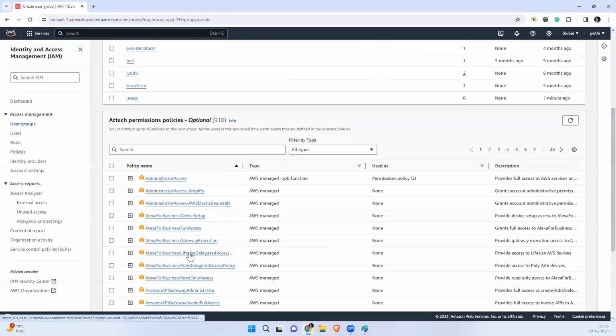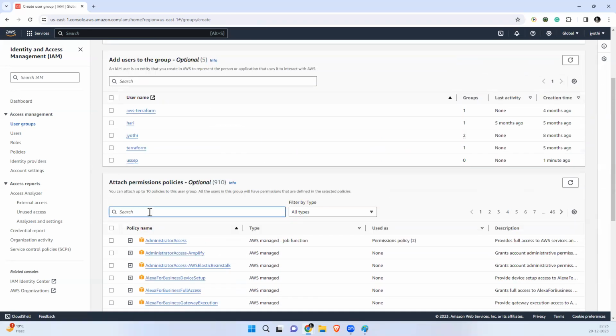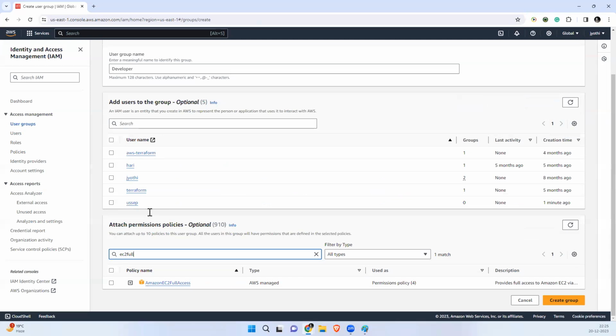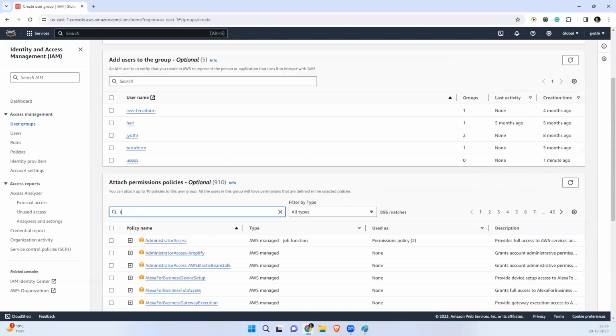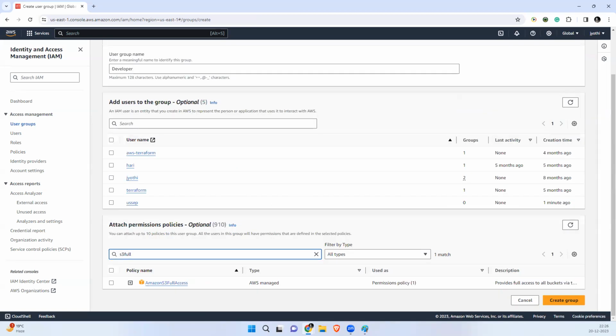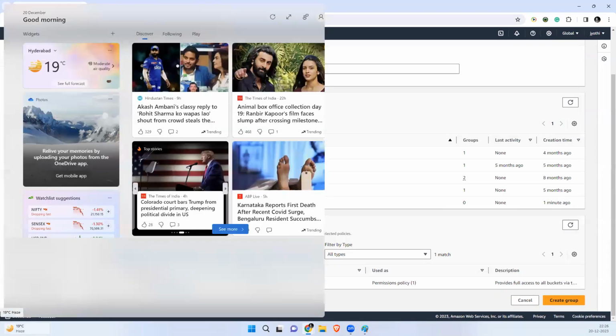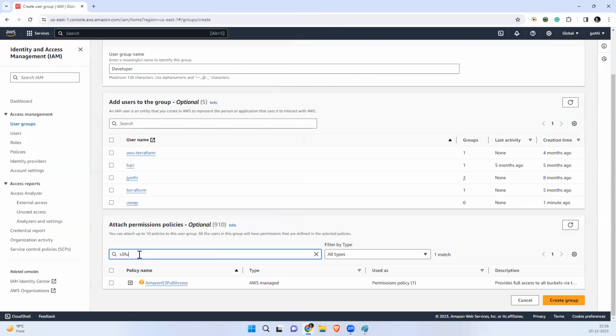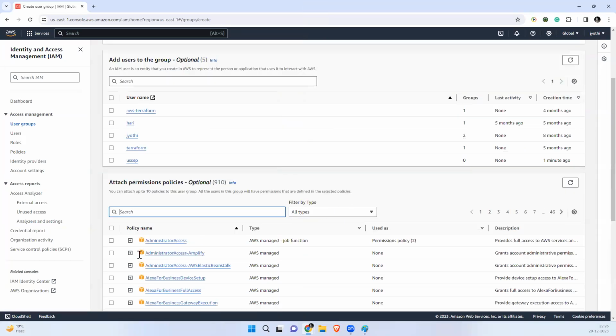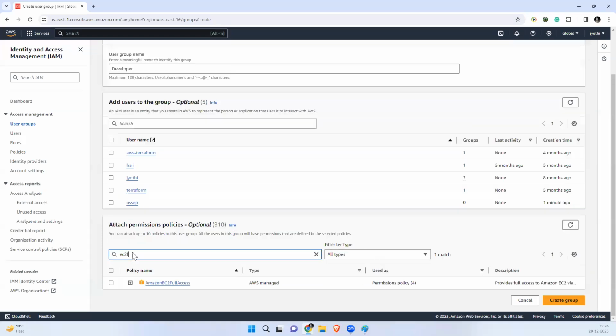Amazon EC2 full access, or Amazon S3 full access. For example, I'm giving only EC2 full access to the developer users.